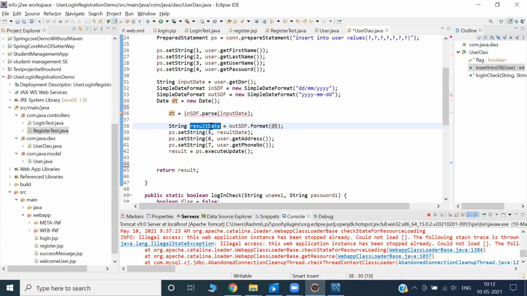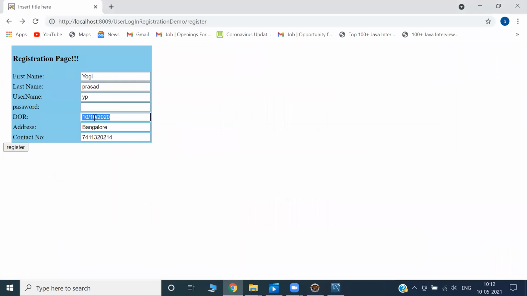Okay, result date. This result date is not ordinary. This result date is very important. To convert 1010, this should be more good because 1010 are the same, so I can make it 12. Now there will be no confusion. So this line will convert 10 12 2020 into 2020 12 10.